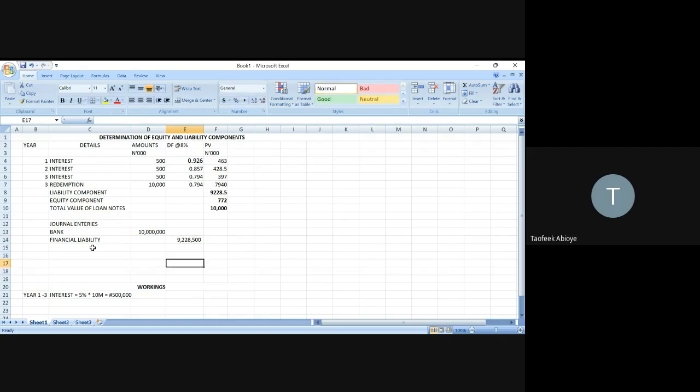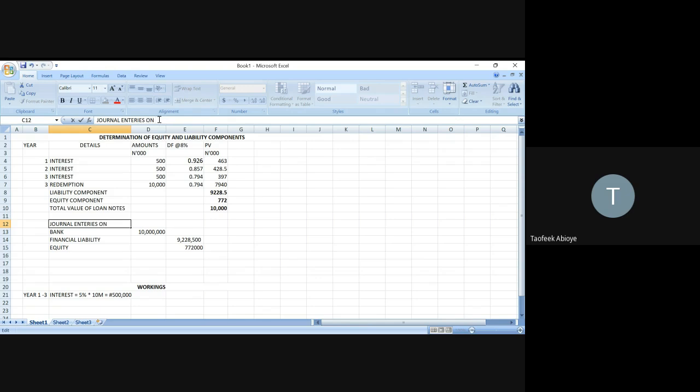So that will be a financial liability. Then this one will be equity. So that equity will be how much? 772,000. So that is our journal entry